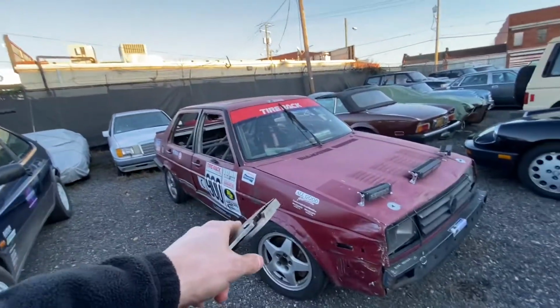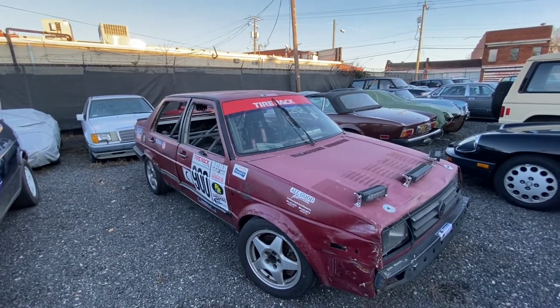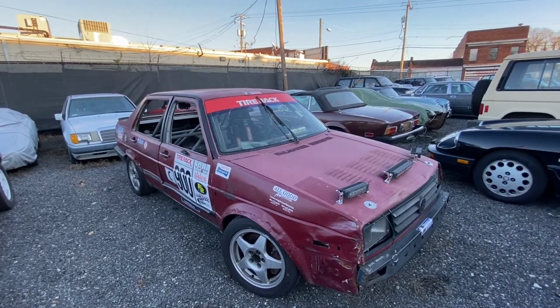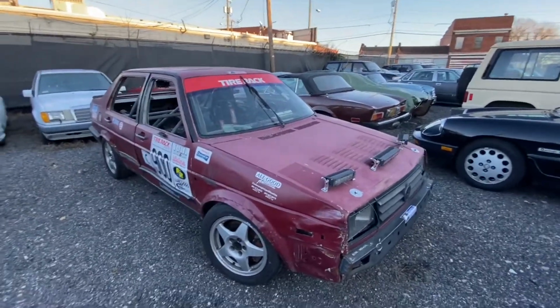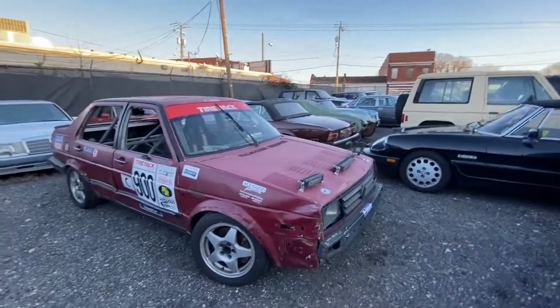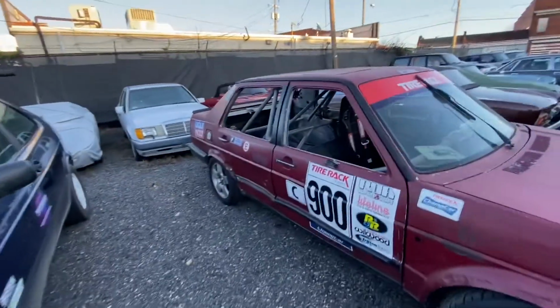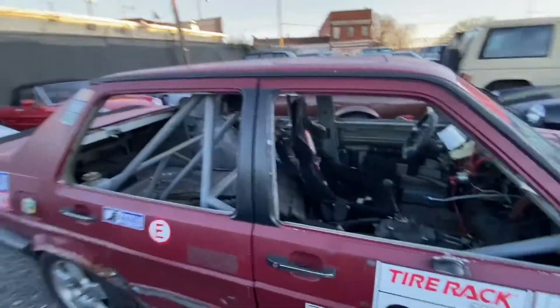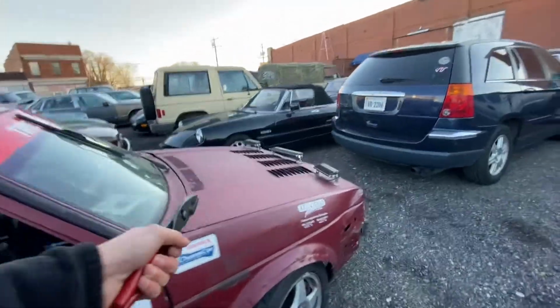This is our Jetta Champcar. I think it's an 85 or 86 MK3 or something. It doesn't really matter. It's a shell of what it used to be. It's heavily modified for Champcar racing. It's got a full welded cage, race seats, updated race clutch, and it has a VR6 swapped in it from